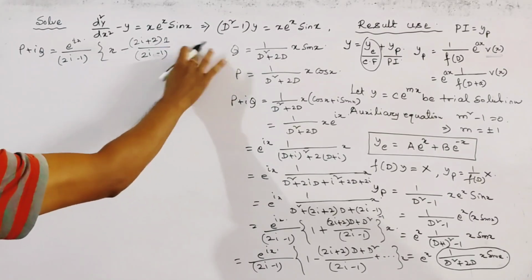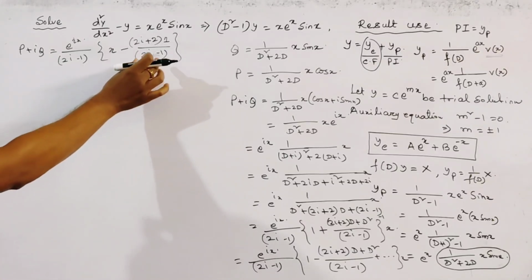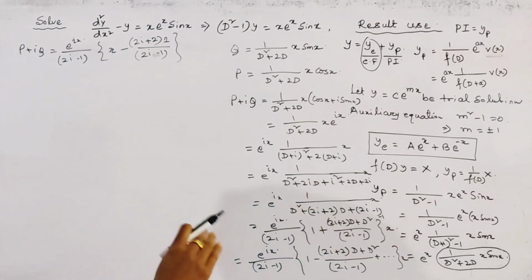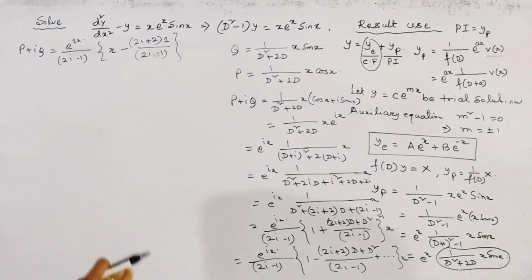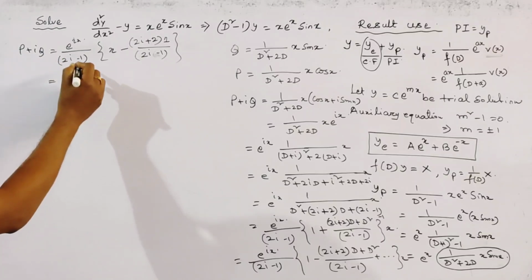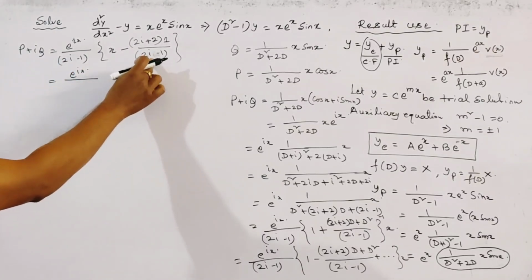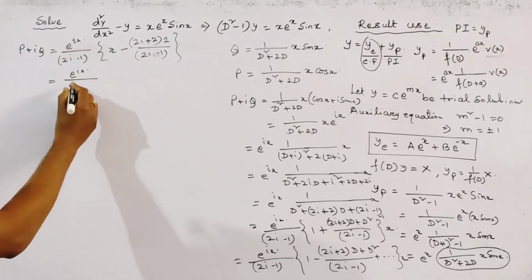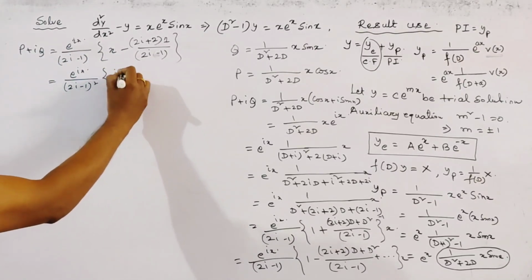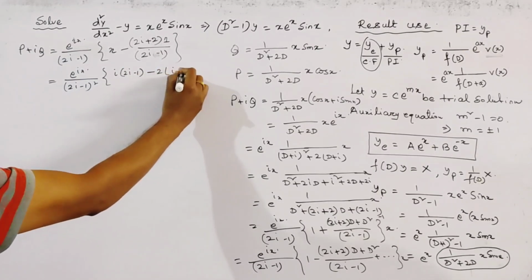Okay, so we cannot write all the other terms. We get only this term, that is the differentiation of x first time, and the higher order differentiations of x are 0. Okay, now we get the result as e to the power ix by, also we take common 2i minus 1 from here, we get (2i minus 1) whole square, and this is i into (2i minus 1) minus 2 into (i plus